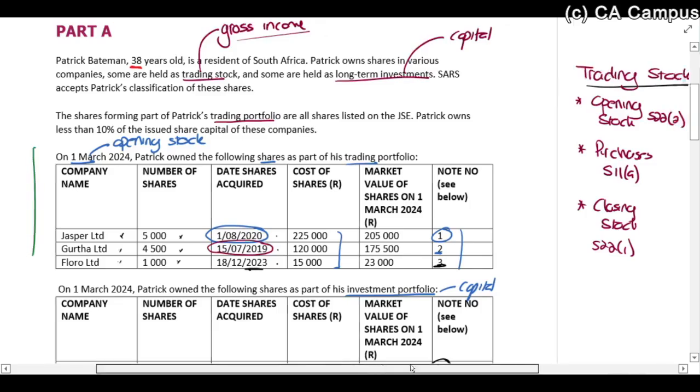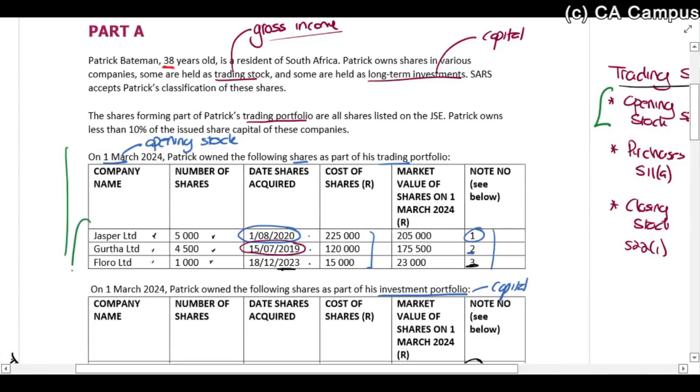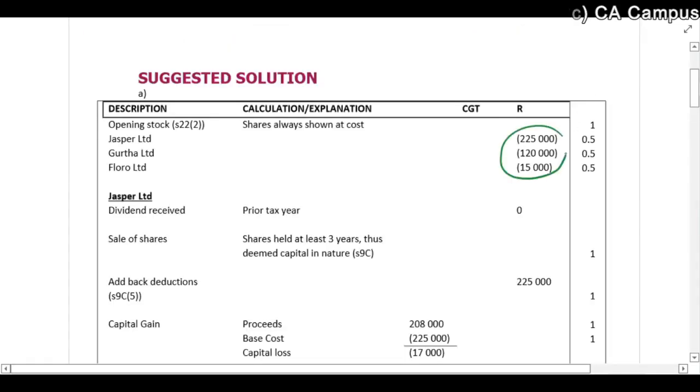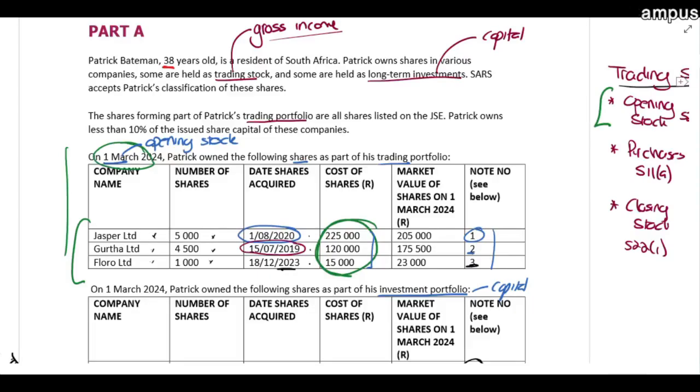This is trading stock, so we'll start with any opening stock. All of these were on hand at the beginning of the year. So what do we use? Remember, for trading stock we usually use lower of cost or market value. However, when it's shares, you must use the cost of the shares. So that is our opening stock. As you can see, the amounts are all the cost. Okay, then